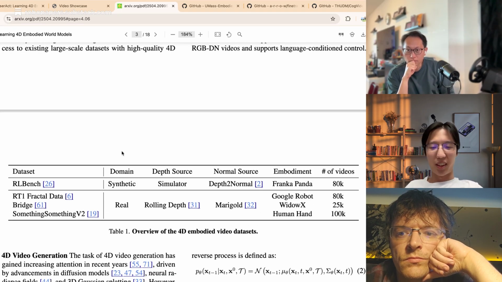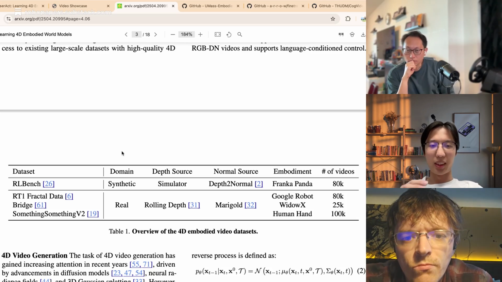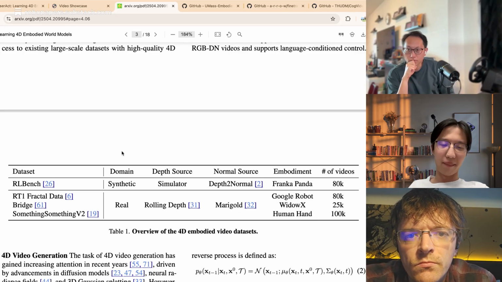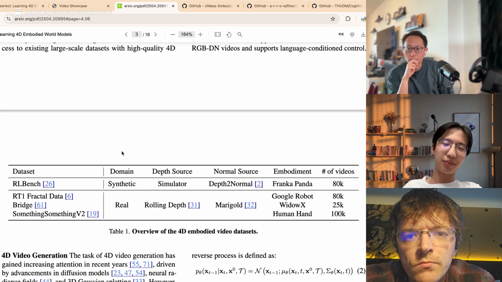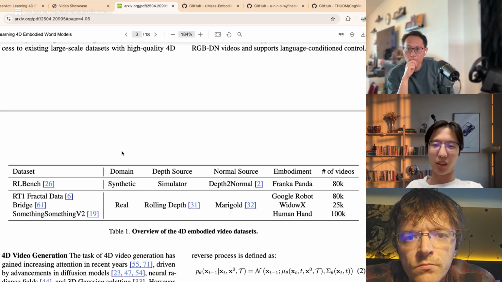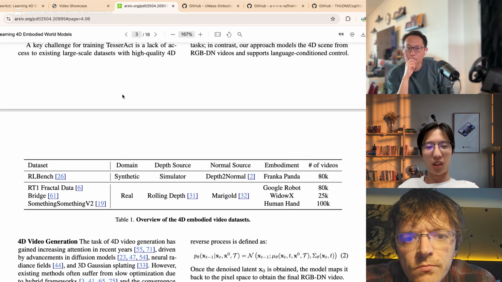But if you collect some real world data like grasping a cup, then mix it with some data in a simulator, like a Google robot playing tennis, then we can use the world model to generate more videos, more data in the real world, like a Google robot playing tennis in the real world. This is what I find for our works.